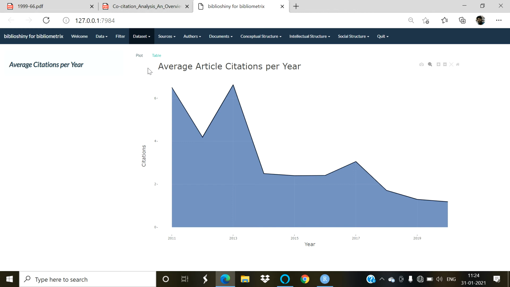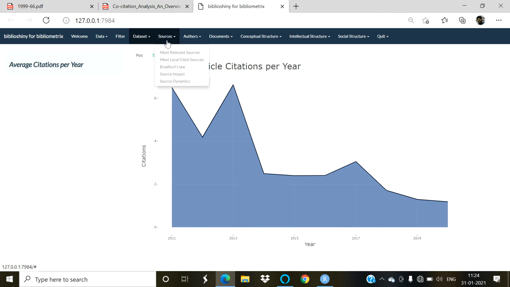I have uploaded the crowdfunding file here, so this file provides the information that the crowdfunding subject has an average citation per year like this. Suppose in 2011 it was 6.5, in 2012 it was 4.2, and in 2013 it was 6.6, and so on.